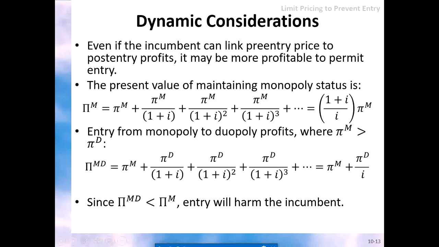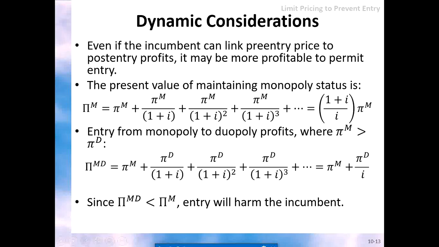So even if the incumbent can forge a link between the pre-entry price and post-entry profit to prevent entry, it may also earn a higher profit by allowing entry to occur in the first place. To see this, recall that when the interest rate is i and pi m represents the current profit of a monopolist earned by charging pm, the present value of current and future profit if the firm maintains the monopoly is PV m equals pi m plus pi m divided by 1 plus i plus pi m divided by (1 plus i) squared